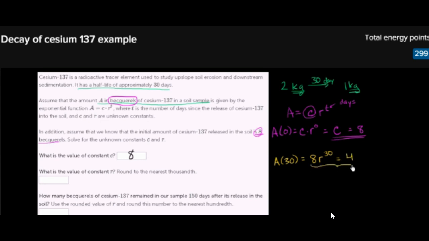And now we can use this to solve for r. So you have 8 times r to the 30th power is equal to 4. Divide both sides by 8. You get r to the 30th power is equal to 4 over 8, which is the same thing as 1/2. And then we can raise both sides to the 1/30th power. R to the 30th, but then you can think of the 30th root of that, or raising that to the 1/30th power. That's just going to give us r is equal to 1/2 to the 1/30th power, and that is something that's very hard to